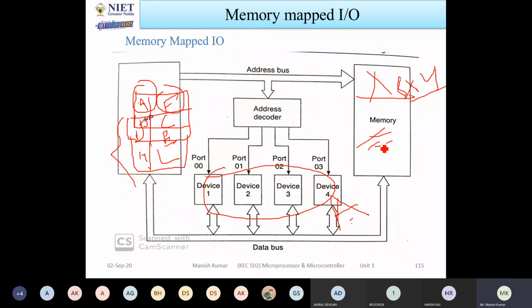So in this case, what you are doing actually is using memory as an input output device. Okay, so these 4 locations are part of memory, correct? Whenever it is part of memory, it means that you are using memory as an input output device. Here you can't say that we are using memory, since this is the port address. With the help of a port address, you can access only input output devices.